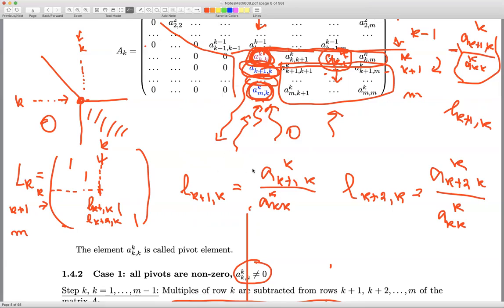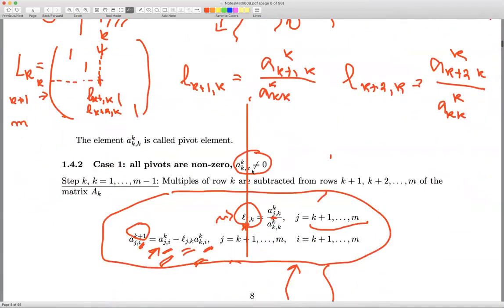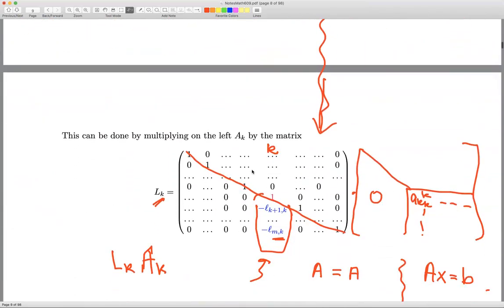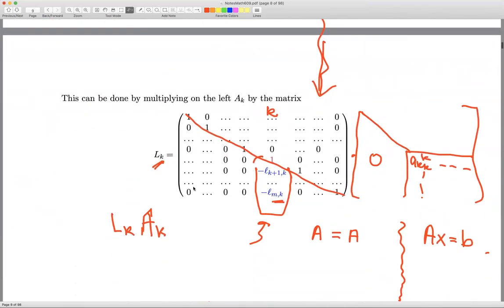This is how we create the numbers LJK. And then using these elements, we create the corresponding lower triangular matrix LK